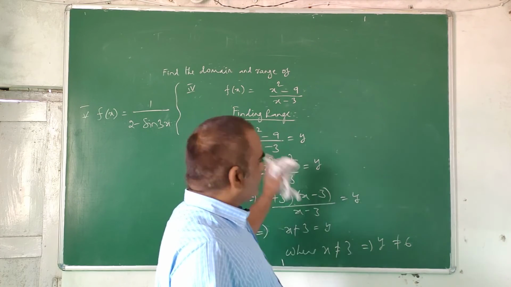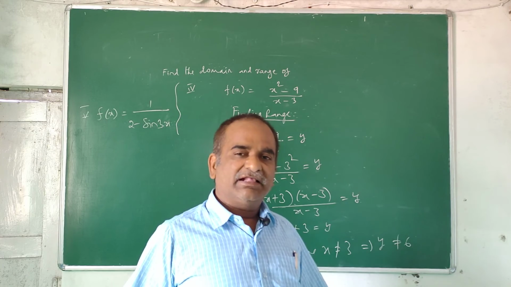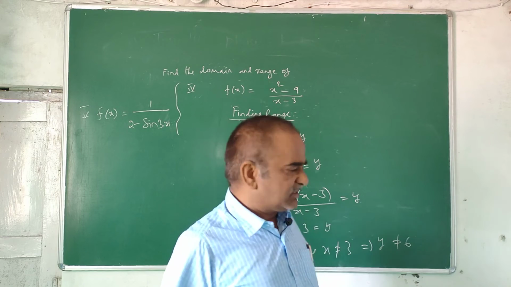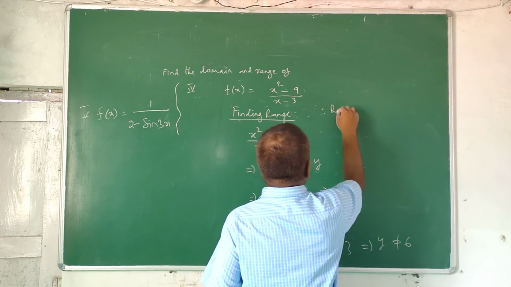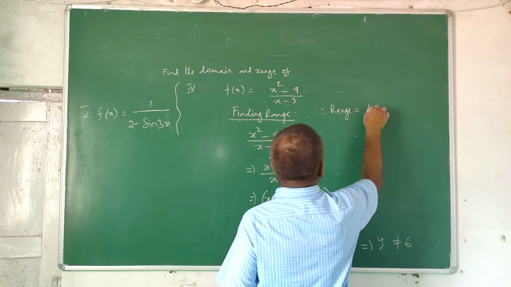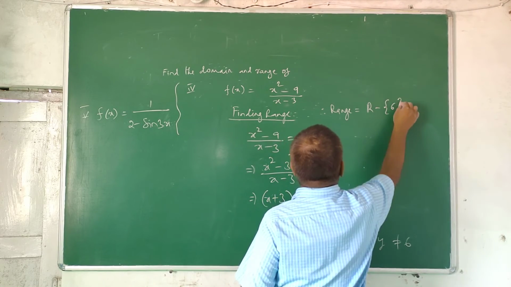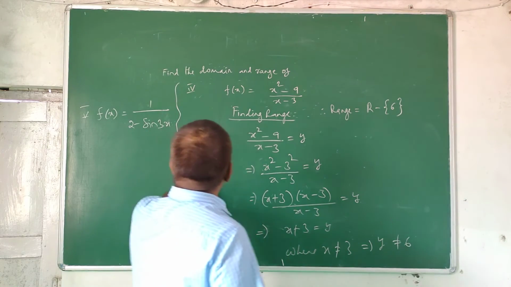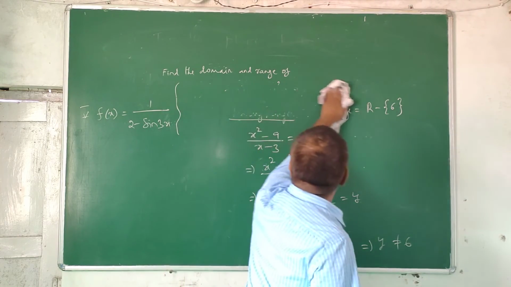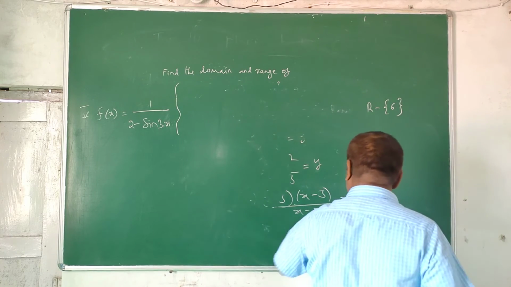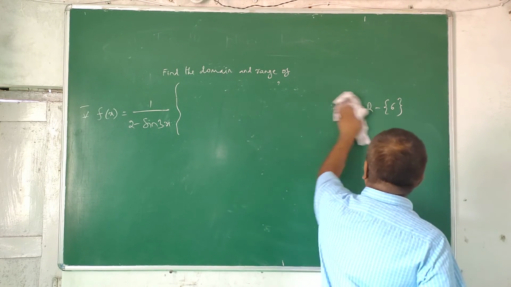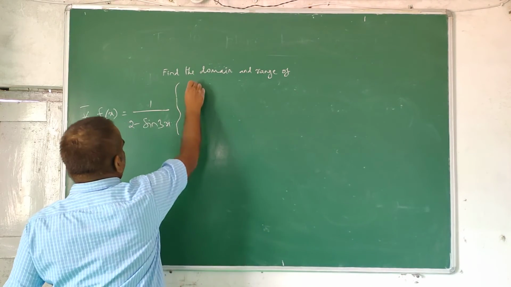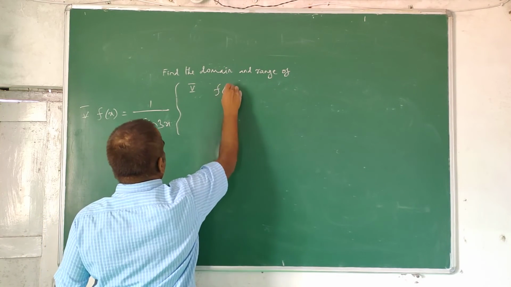Why x not equal to 3? Previously we have seen in the domain x is not equal to 3. When x is not 3, y is obviously not 6. Therefore the range is the set of all real numbers excepting 6. So we have written the range. And the last function, our fifth problem, is f of x is equal to